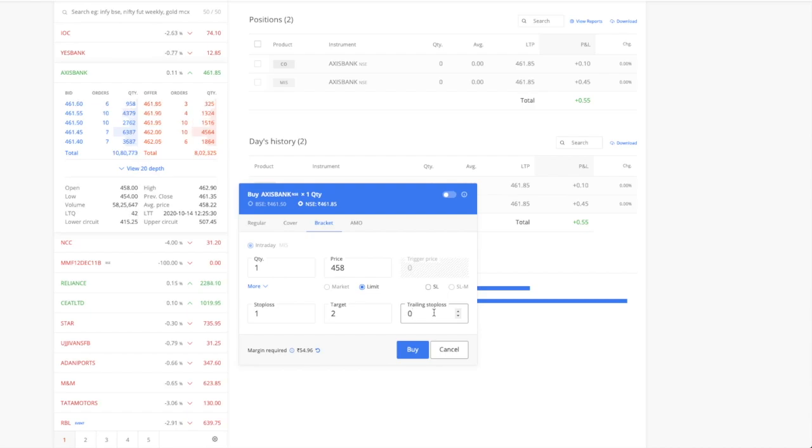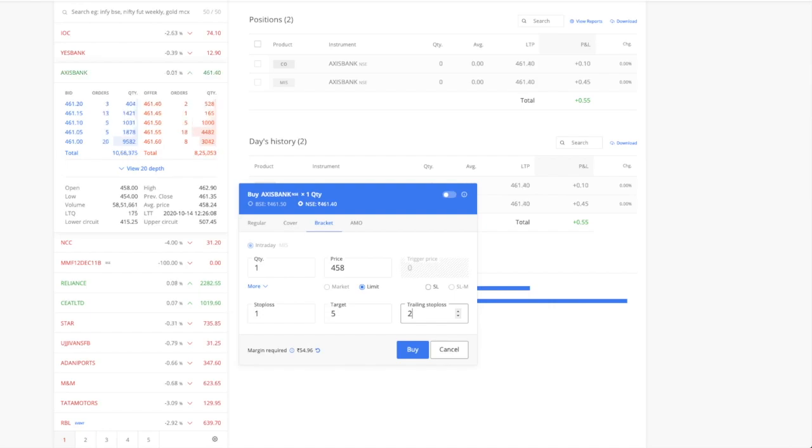So what trailing stop losses do is, let's say I'm keeping a very big target, let's say 5 rupees. Now let's talk about a case of price from 458. Initially it moves up to 462. Okay, our target is at 463. Right, 463 is our target. It moves up to 462. Then from there it comes down to 457 and hits our stop loss. So we could have booked some really good profits over there, but because our target was a bit big, we didn't book profit. Now let's say that we are keeping a trailing stop loss of, let's say, 2 rupees,